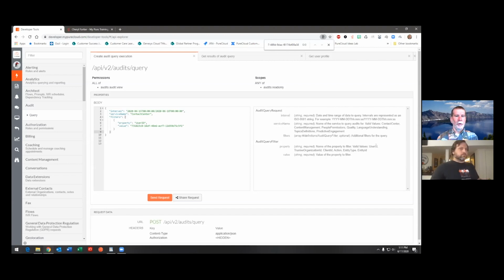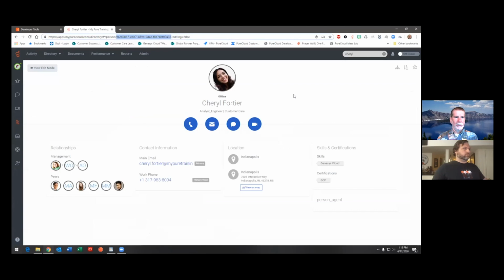It gets a little bit more interesting when you need to figure out who deactivated a different user on the queue, because you need to use multiple user IDs to get to that information. So anyway, the audit functionality, just to get right into it, here I'm choosing contact center, and the property I'm using is a user ID. And let's say I want to find out if Graham took himself out of the queue yesterday.